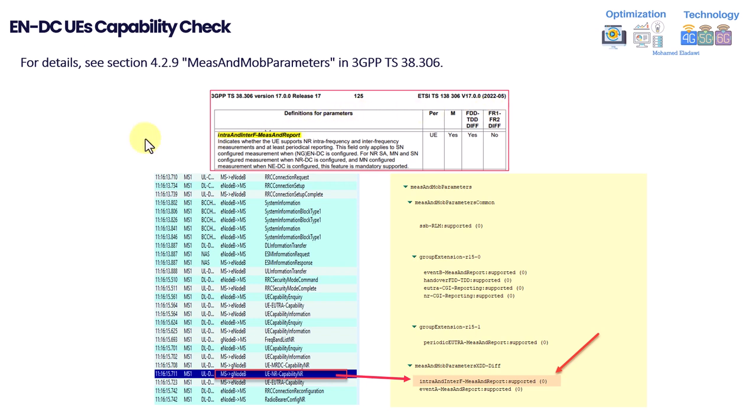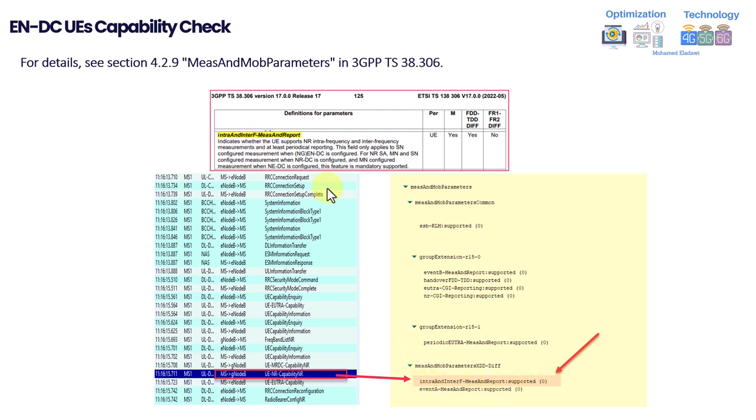So before moving to the UE capability, I would like to show the 5G call flow. I would like first to take you through this one point, which is usually supported. But in case you would like to check the UE capability, we need to go into this message, which is called UE NR capability, NR check. And under that, you would like to search for this measurement and mobility parameters. And here you'll find one parameter, defined by 3GPP,